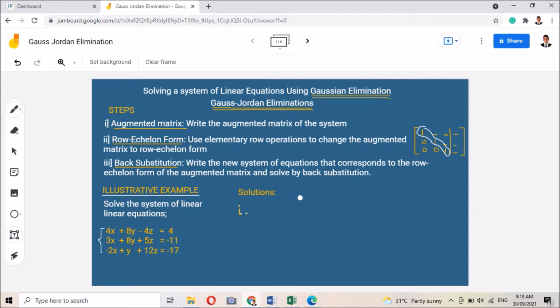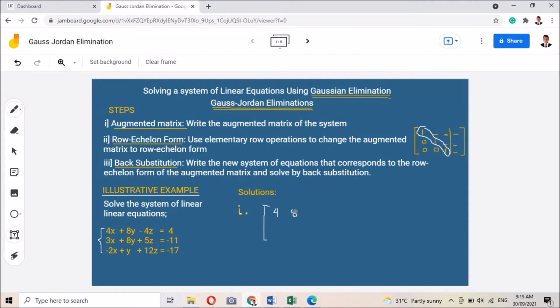Let's start with our illustrative example. Solve the system of linear equations: 4x plus 8y minus 4z equals 4, and 3x plus 8y plus 5z equals negative 11, and negative 2x plus y plus 12z equals negative 17. Again, for step 1, we need to find the augmented matrix of the system. So you have, therefore,